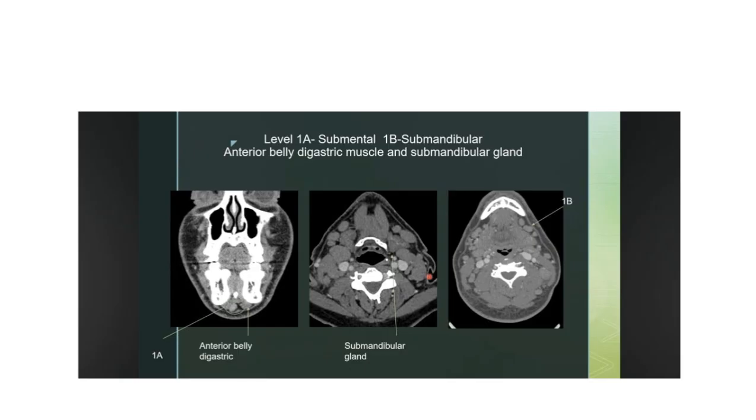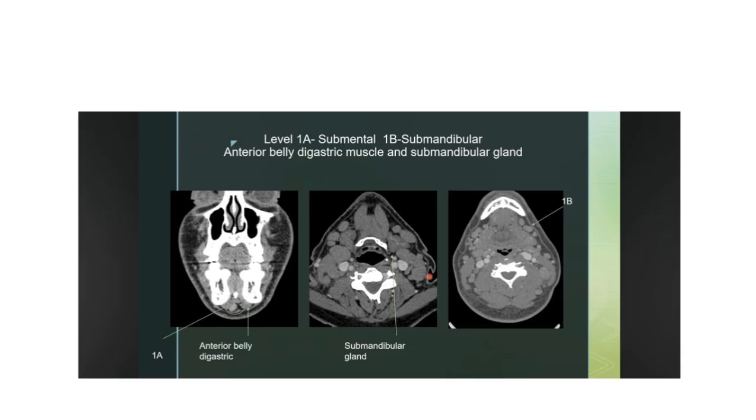And now how we can demonstrate the nodes, lymph nodes metastasis. And lymph nodes are differentiated from the blood vessels as they are less radiodense than vessels, and due to the shape that is oval in shape, and central necrosis, and anatomical location of the lymph nodes, which tells us the group of lymph nodes. So the level 1 lymph nodes, which are 1A submental lymph nodes, and 1B are the